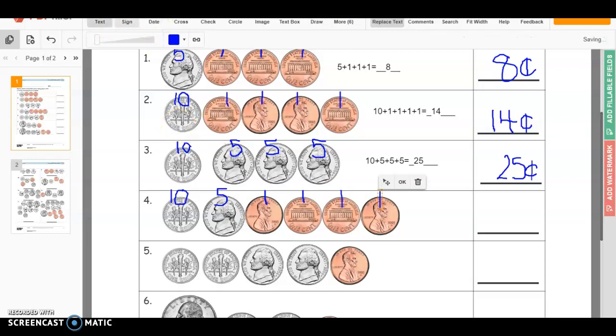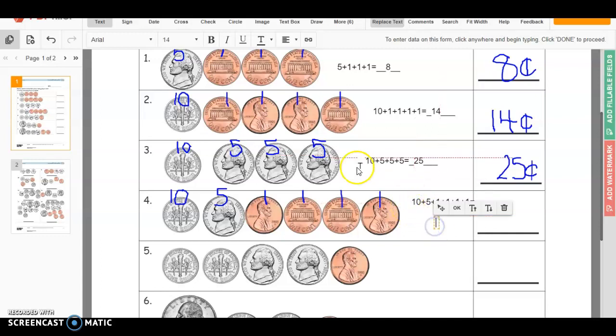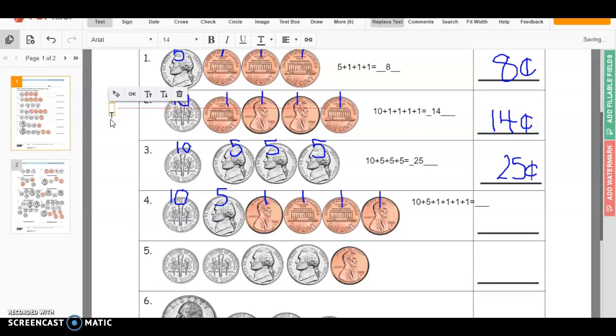Now time to turn this into a number sentence. I have 10 plus 5 plus 1 plus 1 plus 1 plus 1, and that's going to give me a value. 10 plus 5 I already know is 15. Instead of counting 15 plus 1 plus 1 plus 1 plus 1, I'm going to count how many 1s I have. I have 1, 2, 3, 4, and I'm going to clump them together. So instead of doing 15 plus 1 plus 1 plus 1 plus 1, I'm going to do 15 plus 4. And I know that 15 plus 4 equals 19,